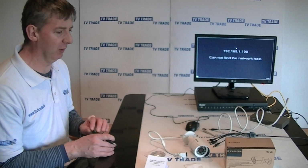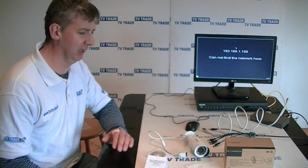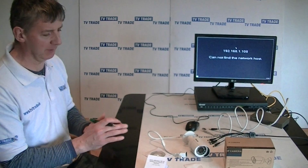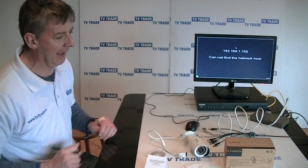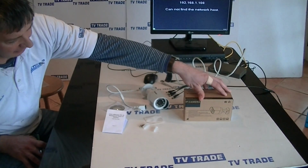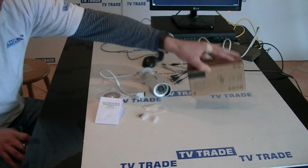An overview now of the Xvision 1.3 megapixel IP bullet camera that you see in front of me here. Okay, so I'll just start off by describing the peripherals that come with this and the packaging, etc. So it comes in this box here itself. Okay, so you see it's extremely compact,